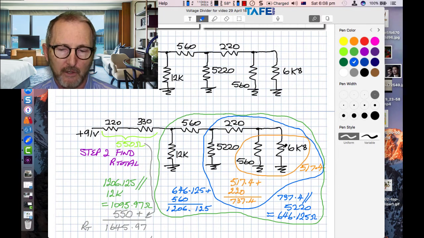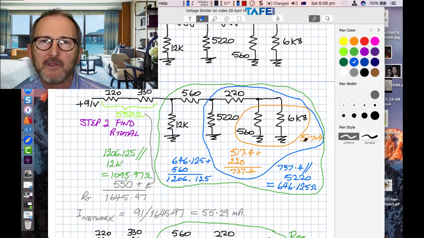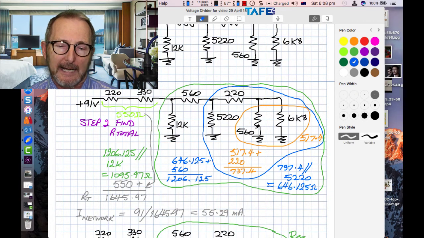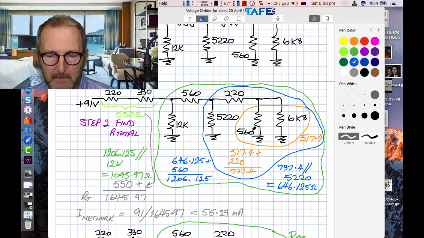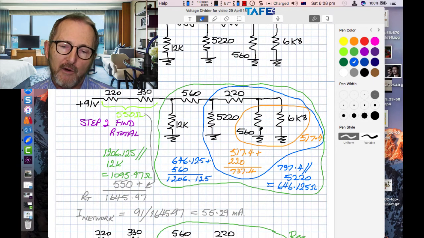So I could either use product over sum, or I could use the reciprocal of the sum of the conductances to find the new resistance there. Whichever way you go about it, the answer was 517 ohms when you put 6.8k in parallel with 560 ohms. And then you can see here 517.4 added to 220. That's this 220 resistor here, which is in series with this parallel network which we just discussed, to give us